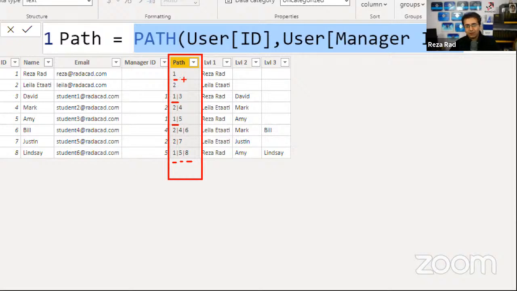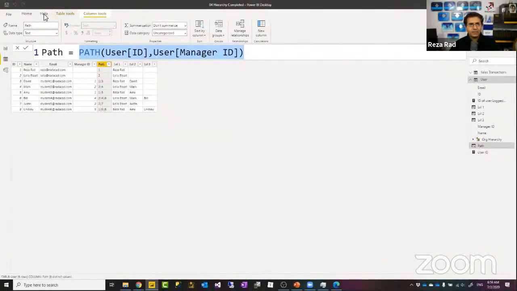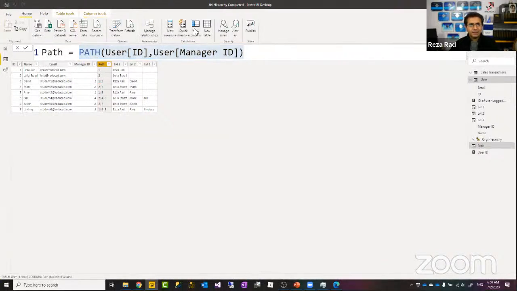So my job then in row level security would be first finding out, for example, who logged in, Reza@radacad.com, what is the ID of that person, and then finding all rows with that ID included, right? This is like a text. You can go and search in that text, but there's a function for that. You don't really need to do that. You can use the PATHCONTAINS function. So my criteria here is just as simple as this.